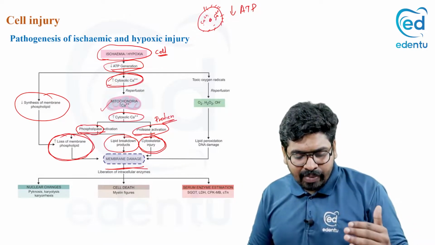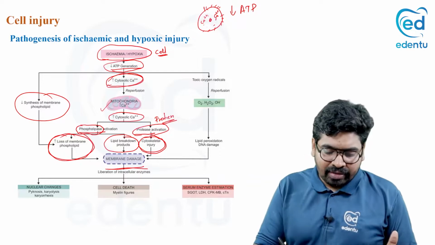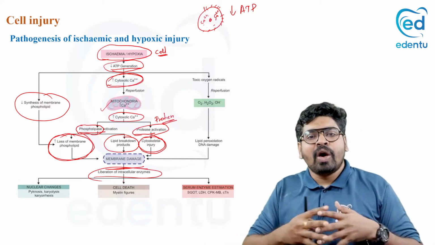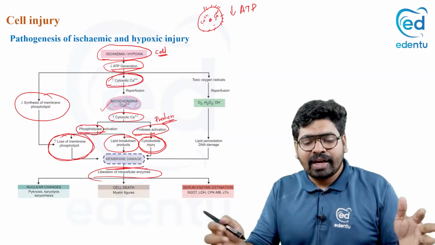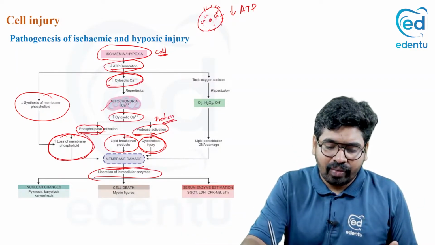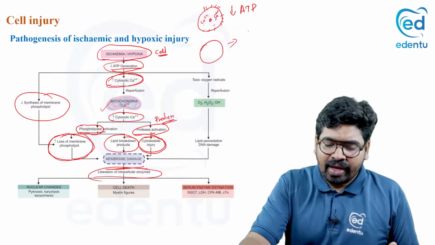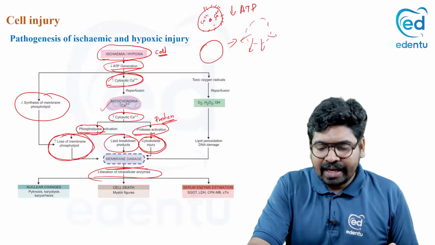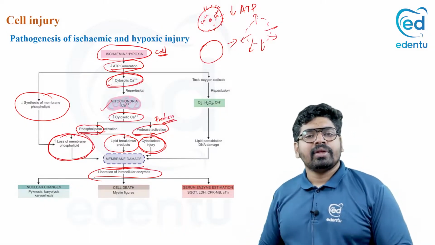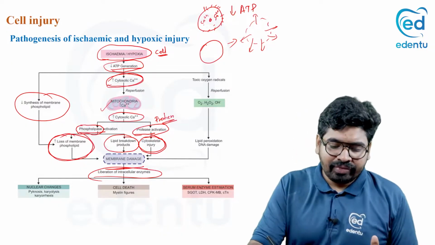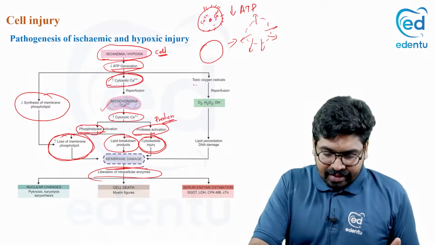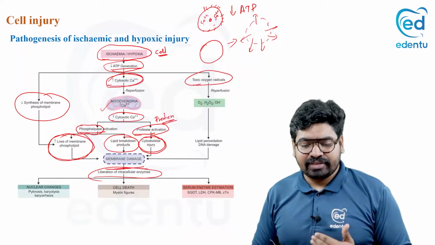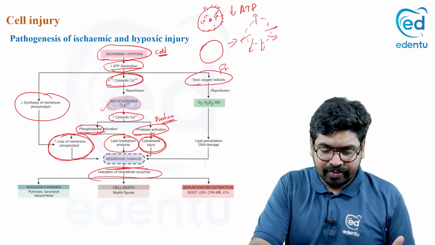Now, if the cell membrane is destroyed, what happens? There is liberation of the intracellular enzymes. All the enzymes in the cell will come out. We have a cell with the cell membrane destroyed here, so all the cellular components will leak outside. This is what happens. Also, if there is reduced ATP, there is a greater amount of oxygen free radicals. These free radicals are very harmful.